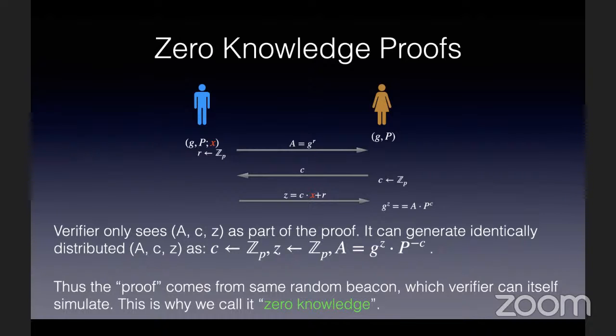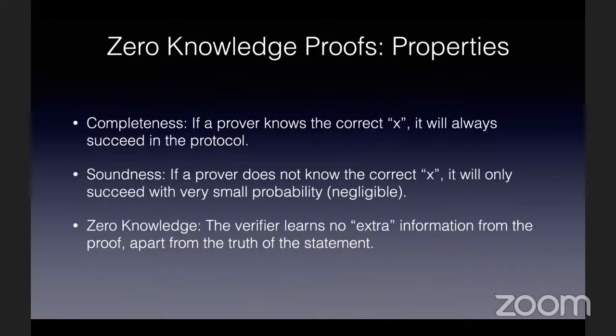element. And we assume that finding the discrete log is hard in this group. So the prover should be able to solve a random discrete log to be able to reply with the correct z, which, as we said, we assume is not possible, right? That the problem is computationally hard. So only if the prover knows the correct X can it reliably answer with the correct Z. So this is completeness and soundness.